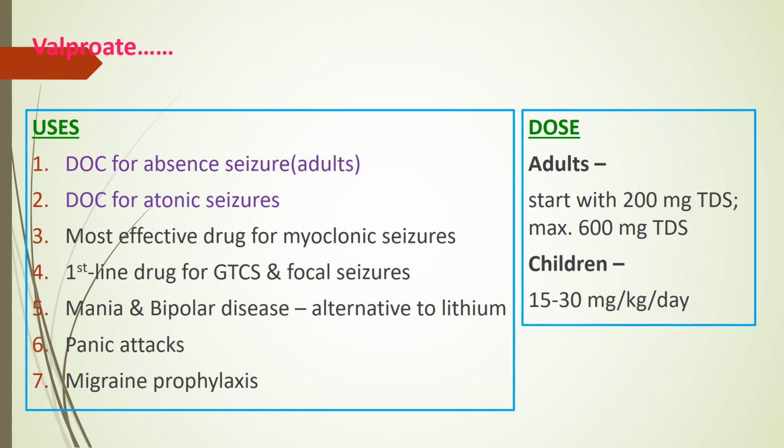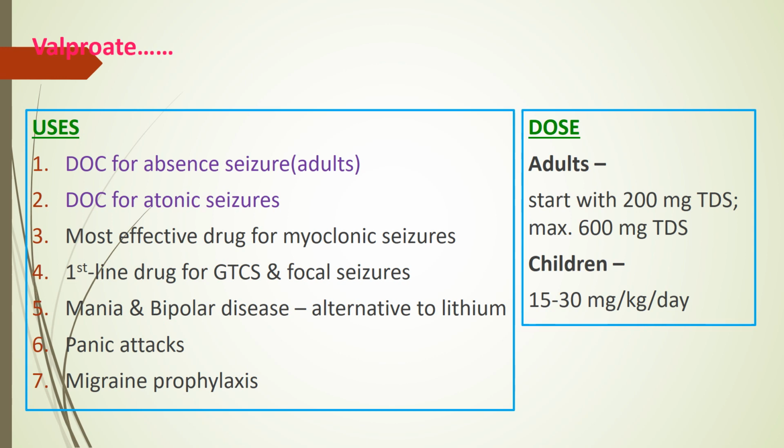Coming to the uses of Valproate, it's a drug of choice for absence seizures in adults and also a drug of choice in atonic seizures. It's the most effective drug for myoclonic seizures. It can be used as a first line agent for generalized tonic-clonic seizures, focal seizures, and as an alternative to lithium in mania as well as bipolar disorders, panic attacks, and also